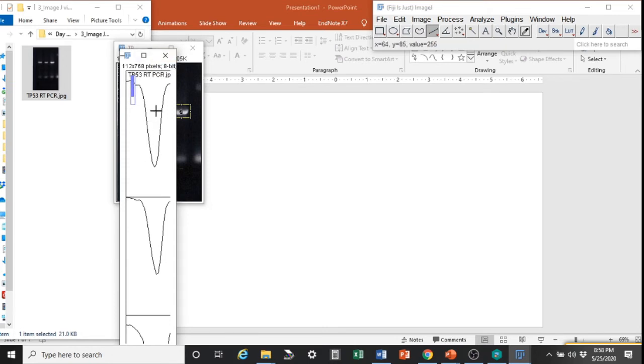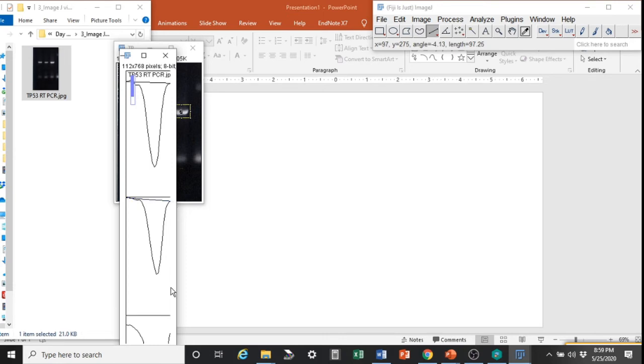These values are depicting the intensity of the band around which we have drawn the rectangle. So how do we quantitate this value? What you have to use is this particular straight line and you have to draw a line at the top of the valley. So the valley has to be surrounded with line. Here you are seeing that there is a leakage. So you don't want that. You have to draw a line so that there is no leakage.